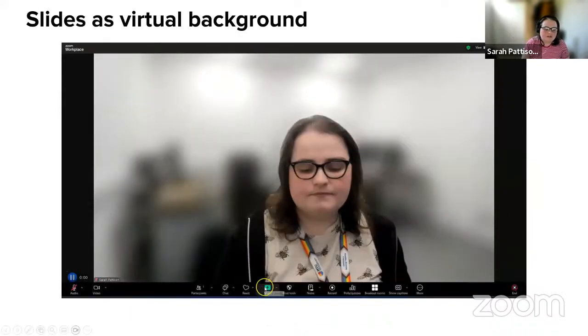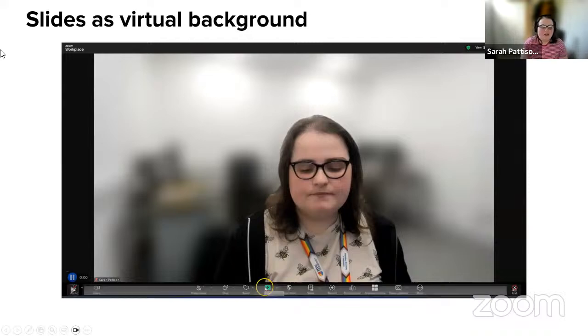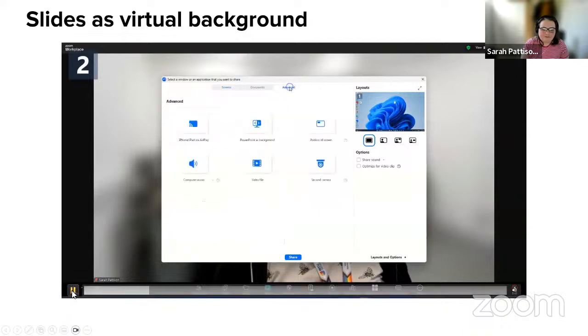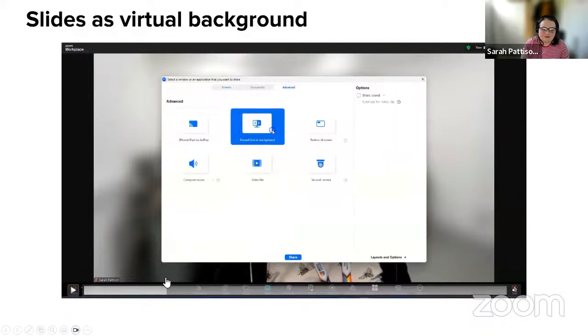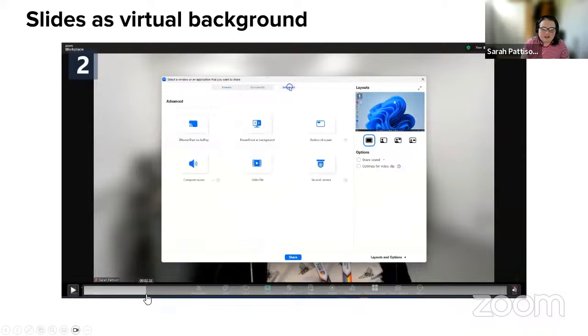So I'll move on. This is some of the cool features that you can use in Zoom that I'll show you. So using slides as a virtual background. For this, press play, you click share. And then there's an advanced tab. Let me go back and show you that. So if you click the advanced tab,